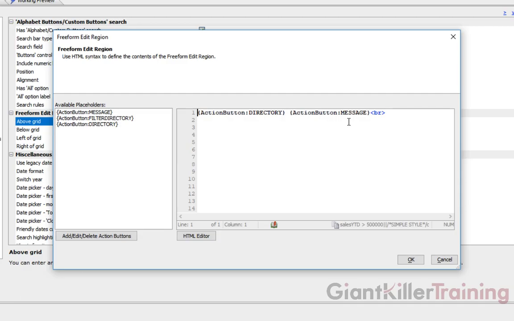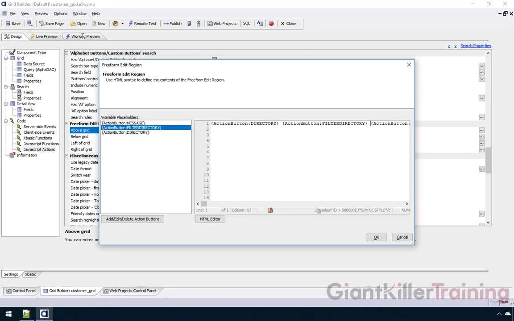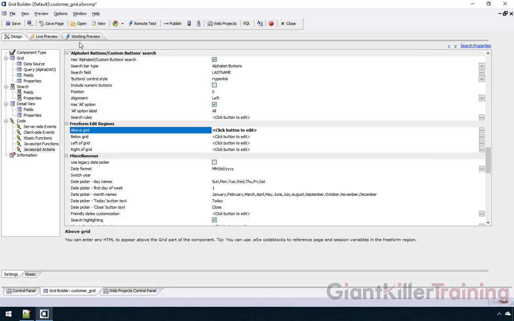I'm going to select here before the curly bracket action button message, and I'm going to double click on Filter Directory, and then put a space. So now I've inserted that button between my action button directory and action button filter or message. And you'll notice I wanted to make sure that I didn't overwrite or delete any of the curly brackets. Click OK, save,